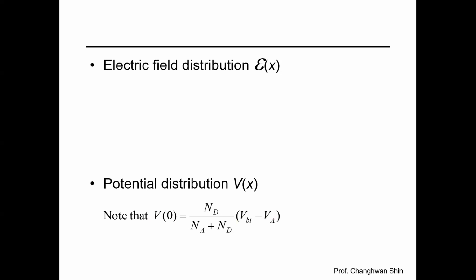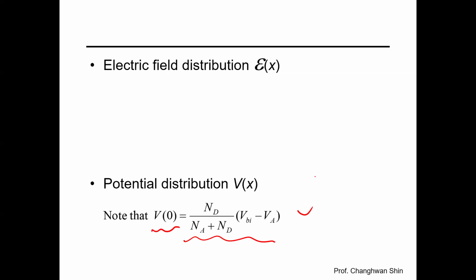The potential distribution V of X shows how the voltage varies across the junction. An important point highlighted is at the junction interface, X of 0, the potential is V of 0, as shown here. So this tells us that the potential at the junction depends on both the built-in potential, the applied voltage, and